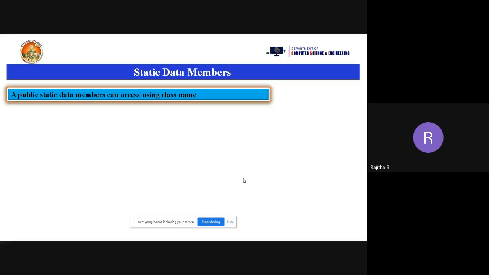If you want to write the body of the function, that is the syntax. But how can I call the data member or the member function outside the class? If I want to execute the particular function, how can I call it?